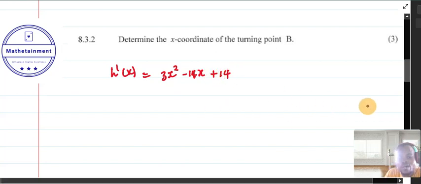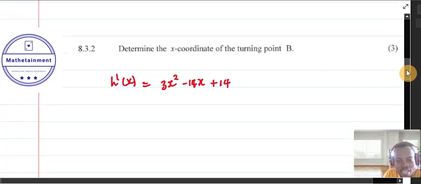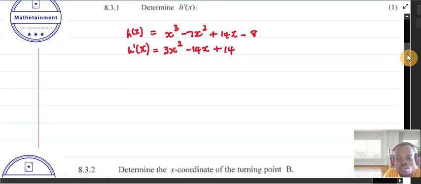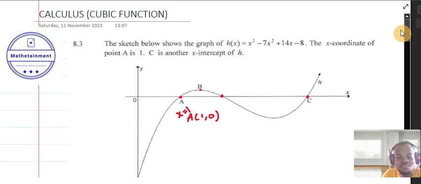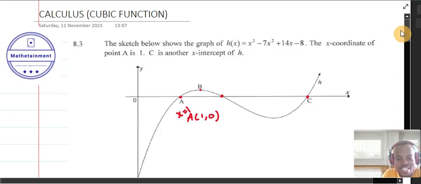Okay, someone may wonder, how did I come across that? Whenever you want to find the stationary point, it is found by differentiating the given function. If you're working with a cubic function, you have to differentiate it first time. So a first differentiation of a cubic function gives you a stationary point, and the stationary point can be found by differentiating